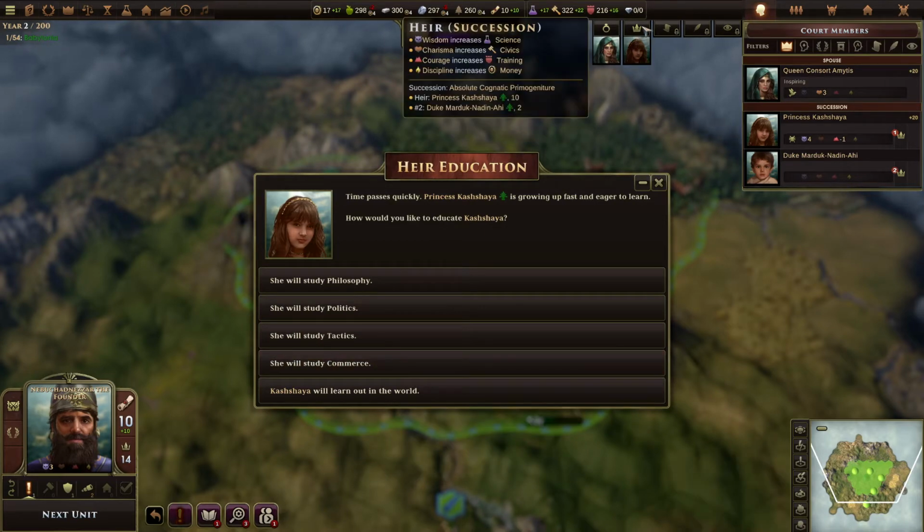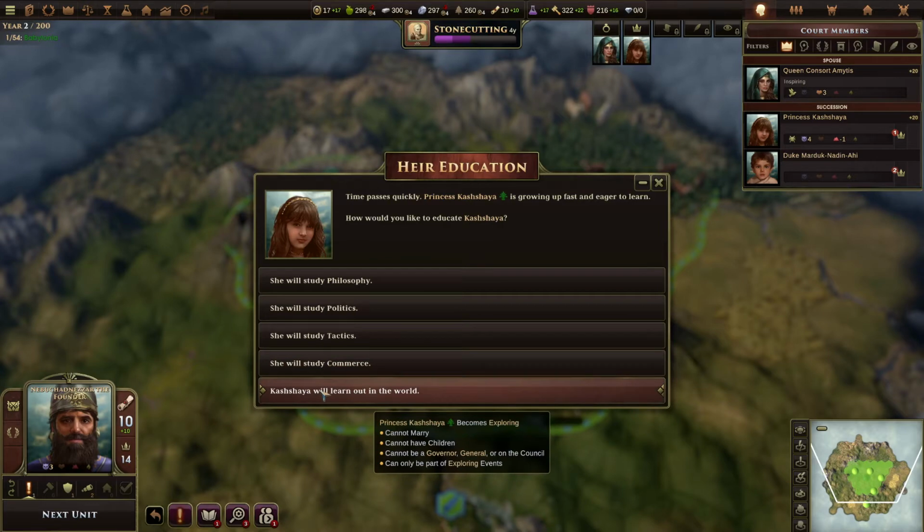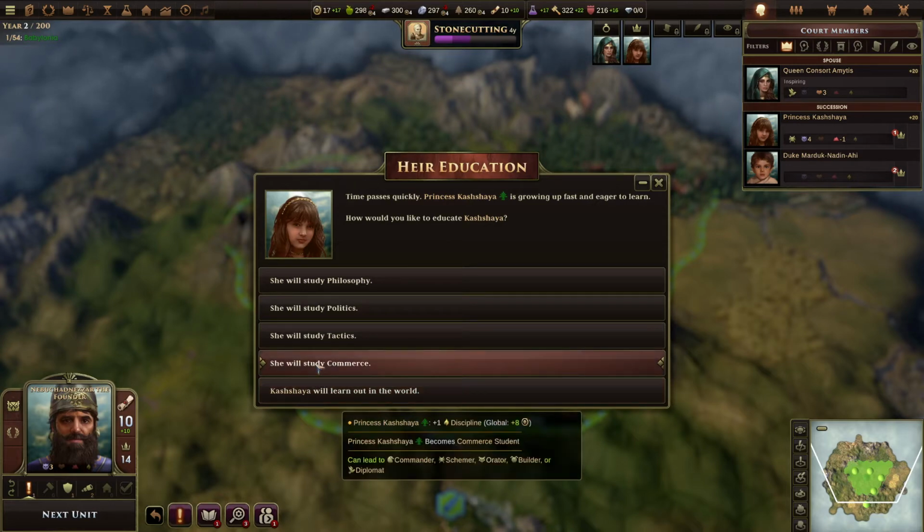She's currently our heir, which increases pretty much anything. So I'm going to say we're going to... Oh, you can explore her and then she can't become a married children. You don't want to take your heir out becoming an explorer. And these can lead to various things, so...